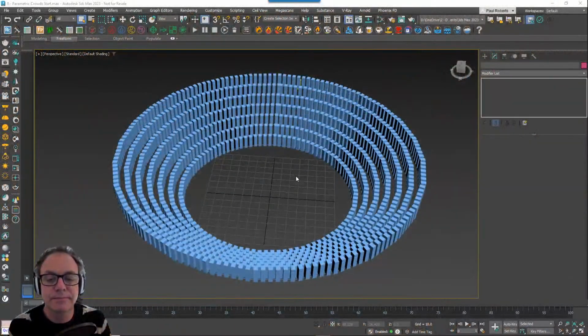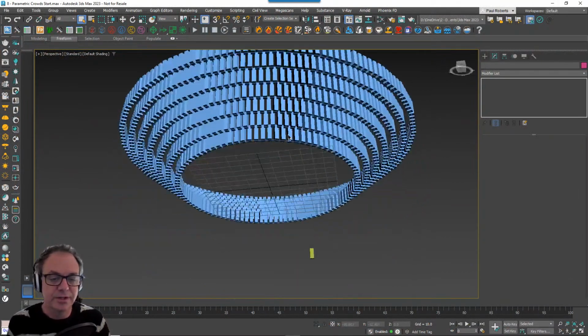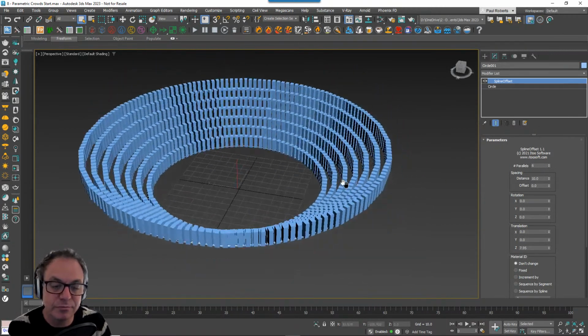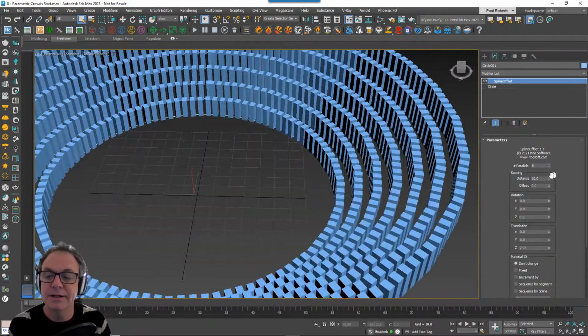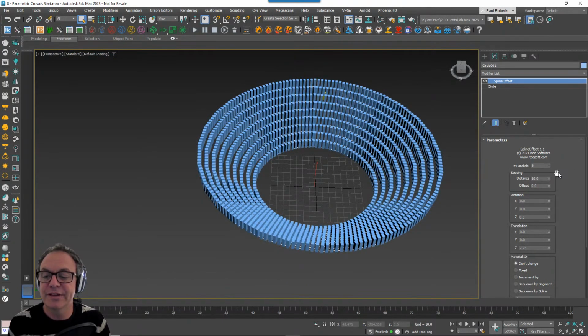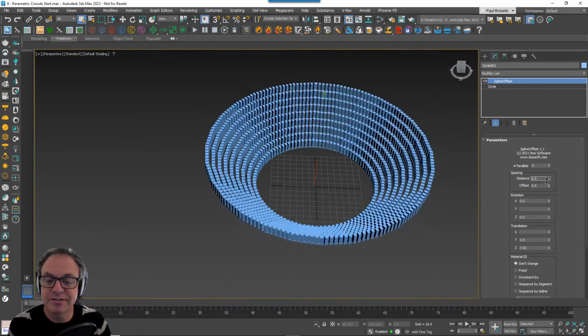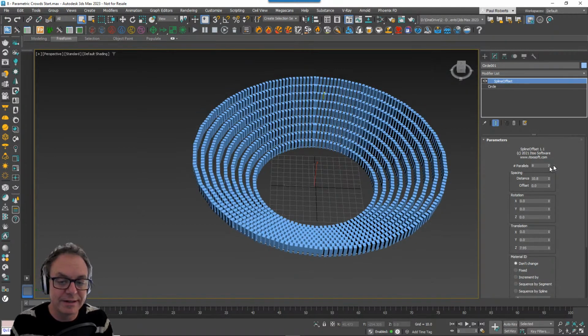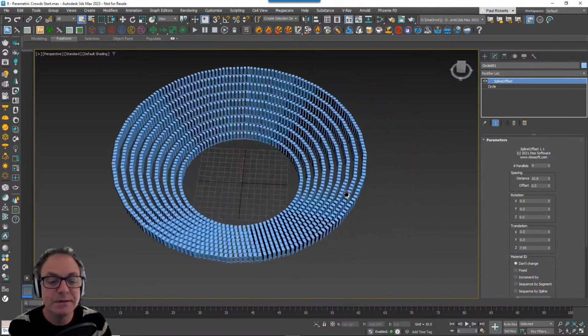Okay. So here we've got the starting point. What I've got here is a simple circular spline at the bottom, which has got a Spline Offset modifier on there. This is free from our website. You can download it. It allows you to create duplicates and offset them, rotate them, and change the distancing between them of splines using all kinds of welding techniques as well. It's a very cool plugin.